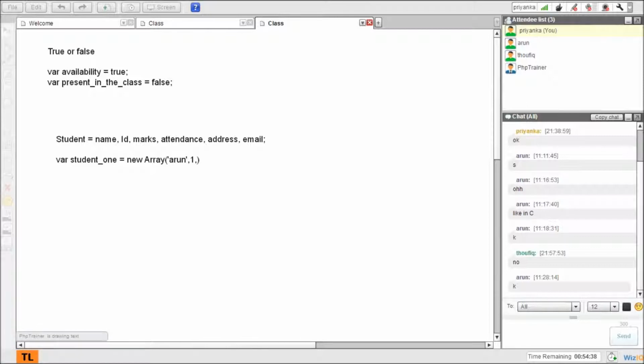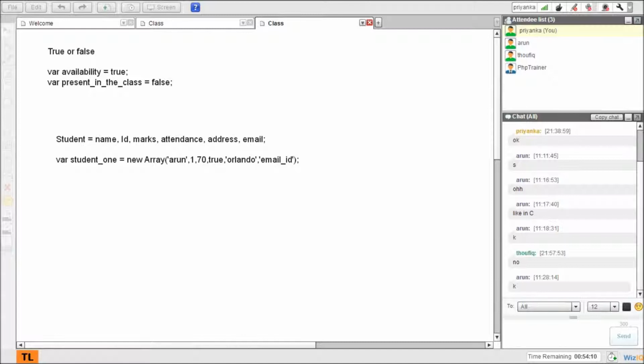Marks, let's say 70. Attendance true. Address, I'll just give a city. City is a name, so it's a string, I'll say Orlando. And email ID, which is again a string. It cannot be a number. So this is how I store student 1's information.